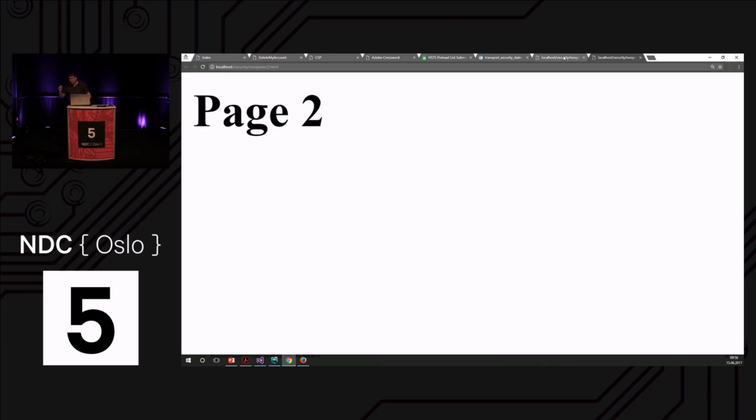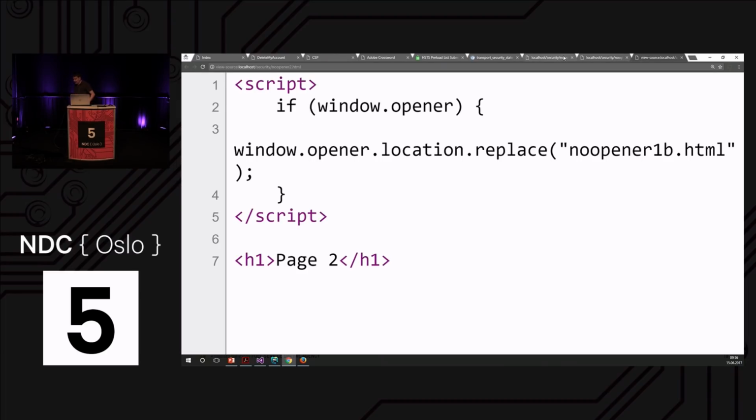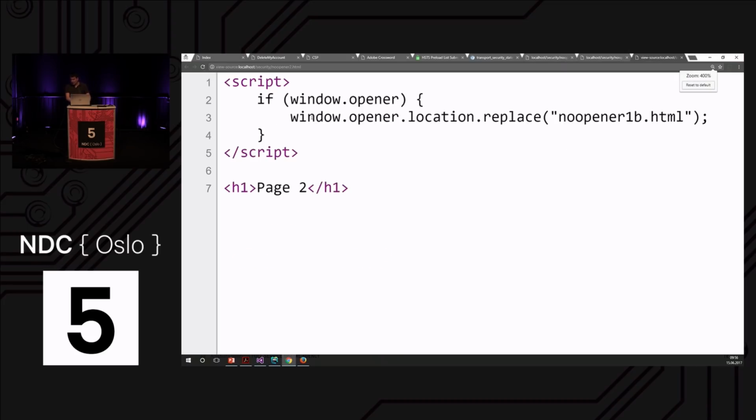Now, let's have a look at the source code of the other page. What the other page does is it is accessing a JavaScript API called window.opener. That's around since 1995, back then, you know, we still had pop-ups. And with that, it allowed the pop-up to access the opening window. Now, thanks to the same origin policy, we have very limited access to that opening window, especially if the target page is on a different domain. But what we can access is the window object, and thanks to the window object, of course, the location. So we can redirect the original tab.